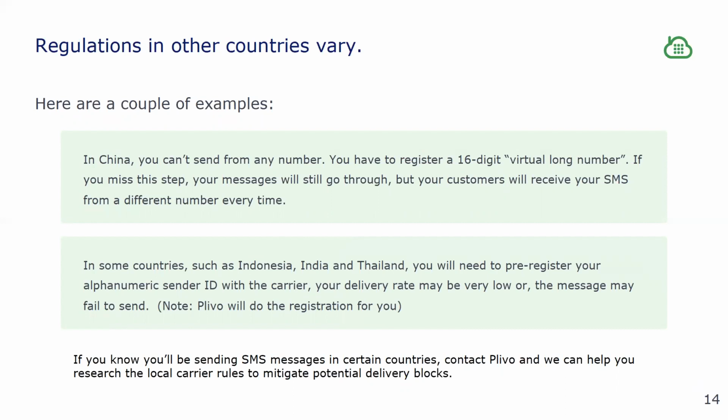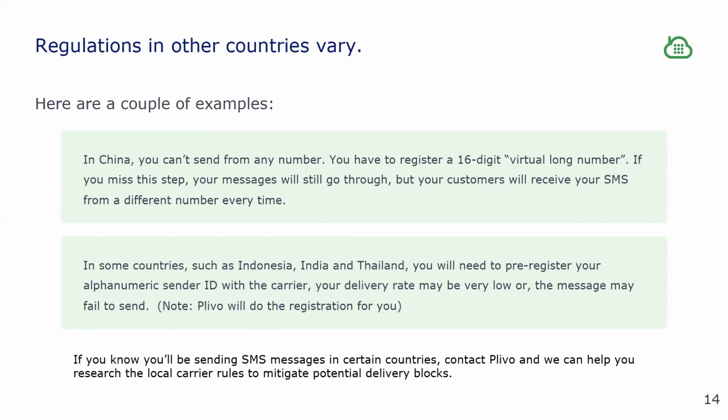Absolutely. Well, the good news is that the content filtering is mostly a United States and Canada situation. In the rest of the world, to stay in compliance with the local regulations, an API platform like Plivo will usually have you covered in the automated backend. Things like the types of numbers that you're sending from, the message velocity, and the time of day that you can send are automatically taken care of by the platform. But there are still a few little gotchas in specific markets that are worth talking about.